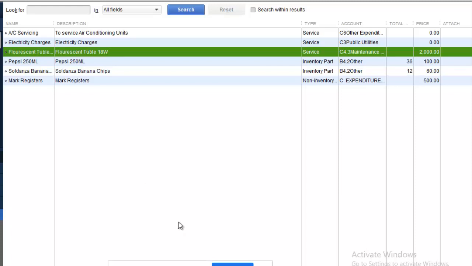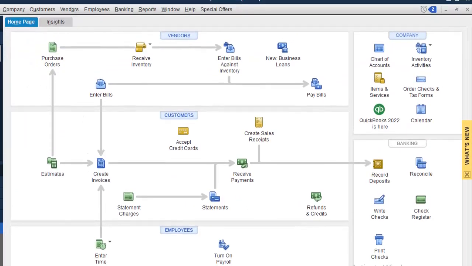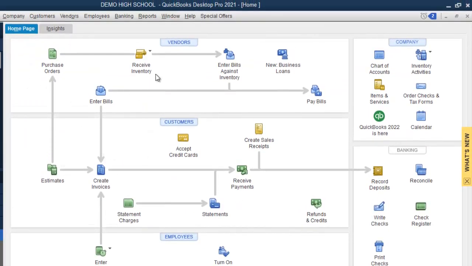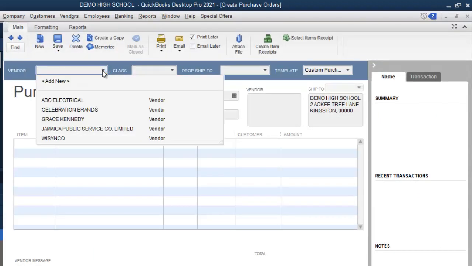And now it's time for us to actually do a purchase order using the items that we have created. So to create a purchase order, we need to go back to the home screen, and once you have gotten your quotation from your supplier and you decide who you're going to purchase from, the next step would be basically to click on purchase orders and select